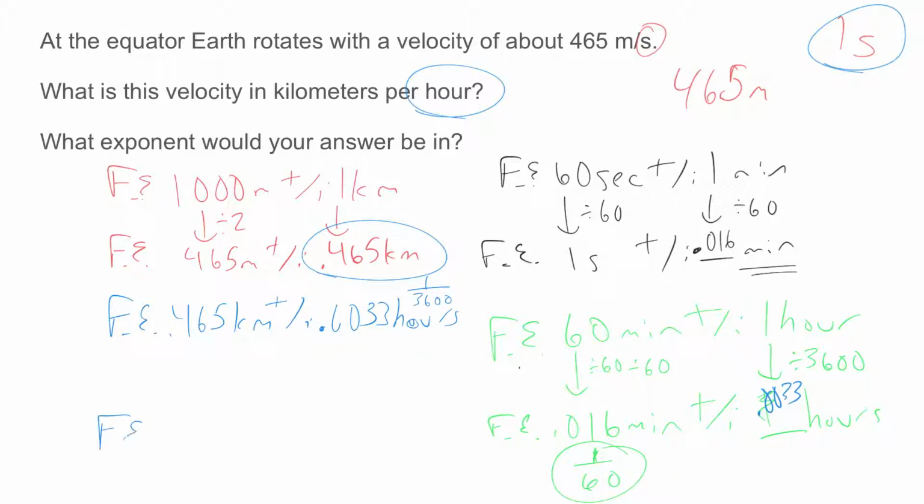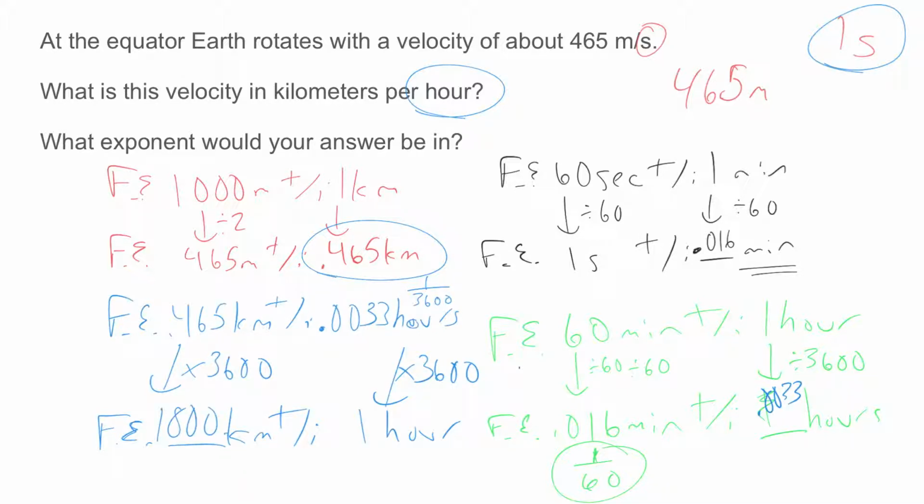So for every, basically, half a kilometer, we want to know how many kilometers in 1 hour. So we're going to multiply this by 3,600, multiply this by 3,600. So we got about half of the 3,600, which is about 1,800 kilometers in 1 hour, which means that my exponent is